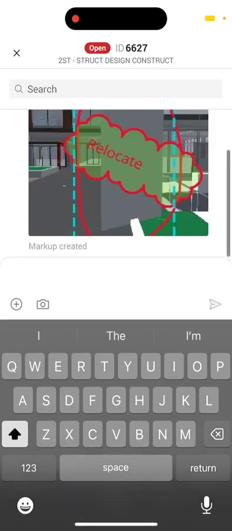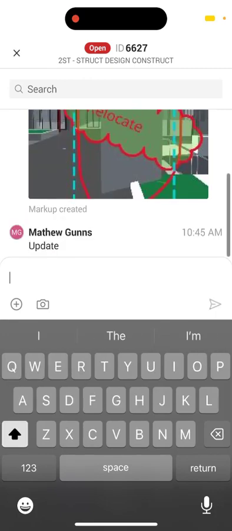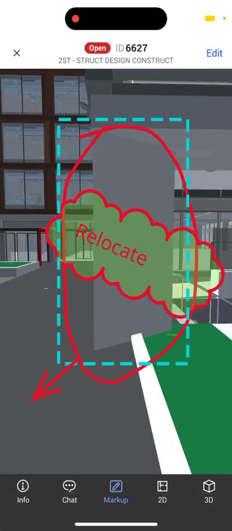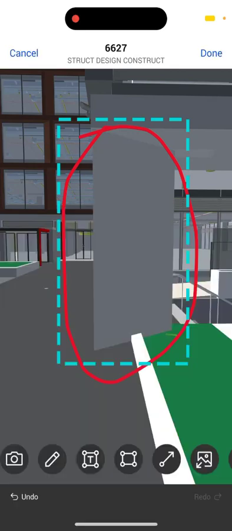We could then type words into here in the chat window here. Press the arrow in the corner and that sends that. We could then press the markup. We could come in here and edit this markup. On the top right, hit edit. I could then select the arrow here, press settings at the bottom, and then I could delete that arrow. If I wanted to delete the text in the middle, press settings, delete, and now I want to add some more squiggles in here. I could then do more markups and then